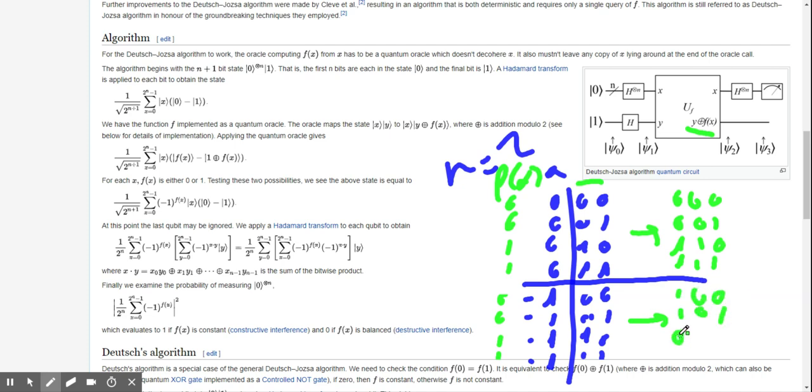And then 0, 0, because it's modulo 2, then 0, 0, 1, 0, 1, 1. But remember that those have a minus here. And now what happens is that if you do a Hadamard just on those,